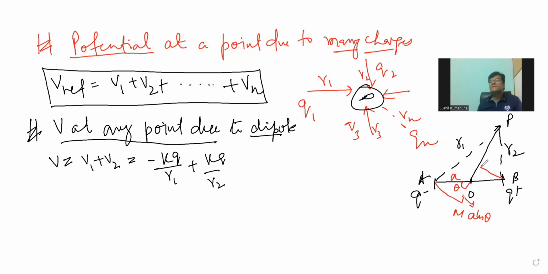Likewise, you select a point conveniently. Over here it is normal, 90 degrees. If it is N, this base will also be A cos theta, which means